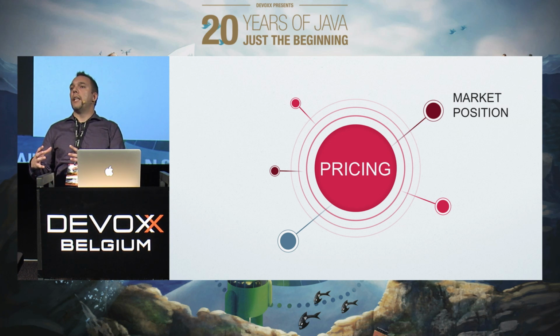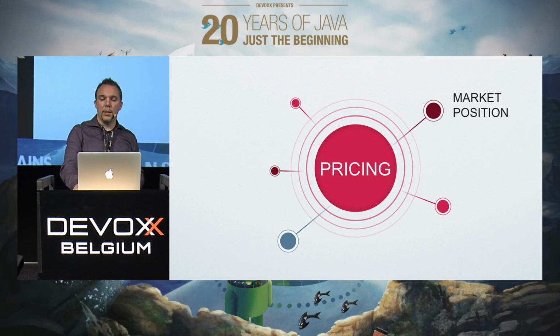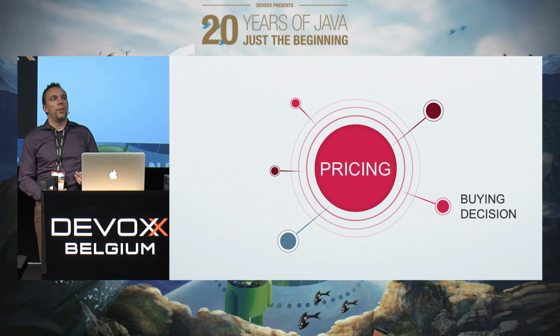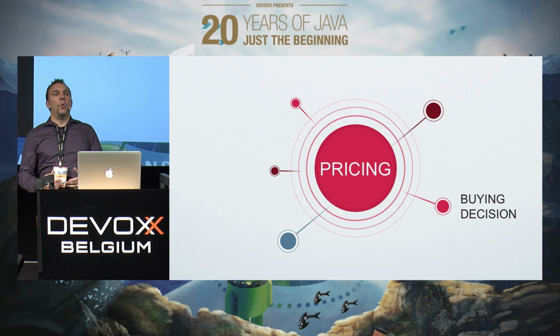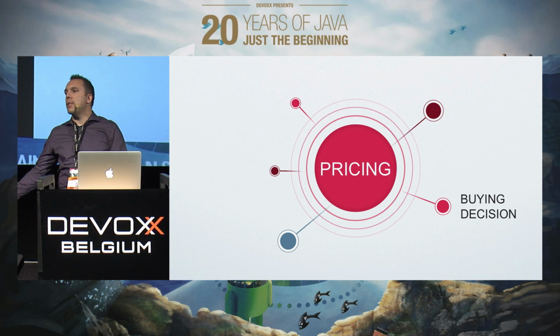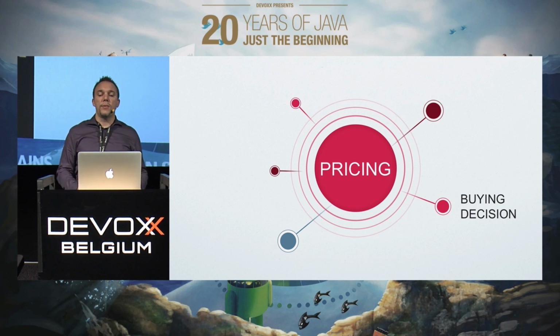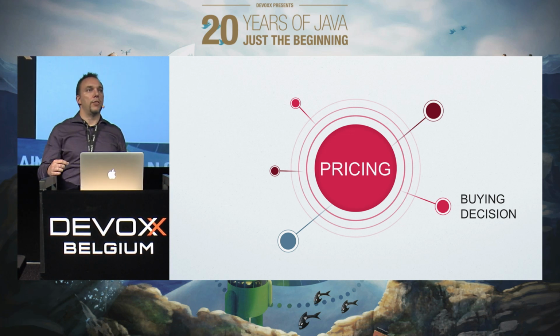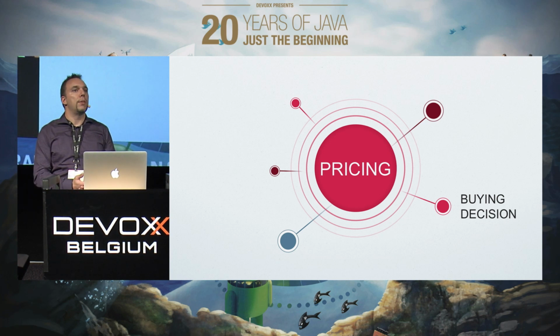But they couldn't do that if they would charge €100 for an iPhone, right? That would just not make sense. So your pricing determines your market position. Pricing, of course, influences a lot the buying decision of your customer. People are more hesitant to pay €500 than they are to pay $250 for a similar service. So your price has a strong influence on the buying decision. In the App Store, for example, for games, the default pricing is, let's say, 0, right? Most games in the App Store are free.